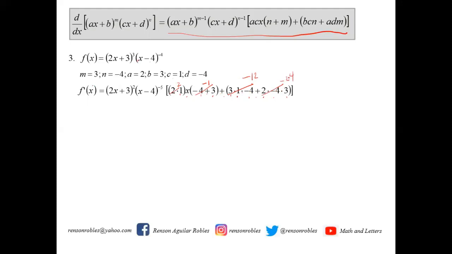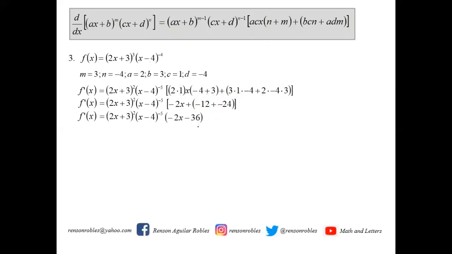Okay, and then we shall now have 2x plus 3 squared times x minus 4 to the negative 5. Then this is 2x negative. Okay, and then because of this negative 1, that's negative 2x plus negative 12 plus negative 24. Okay, and then we shall now have negative 2x, negative 12 plus negative 24, okay, sorry,